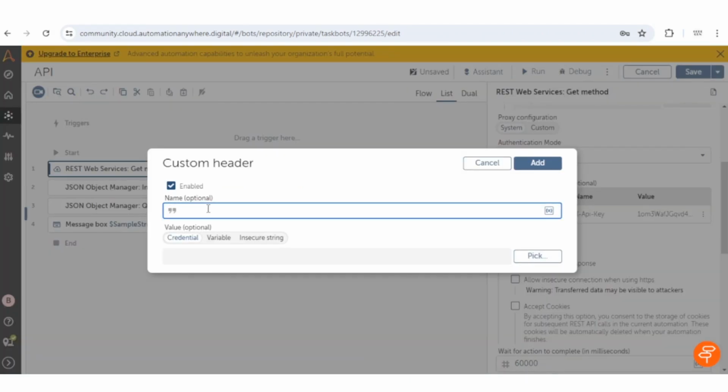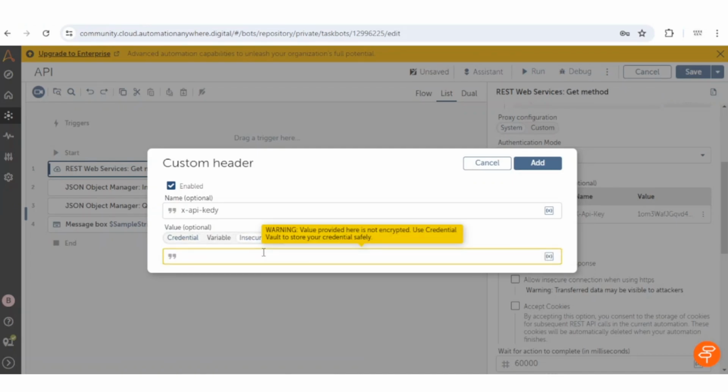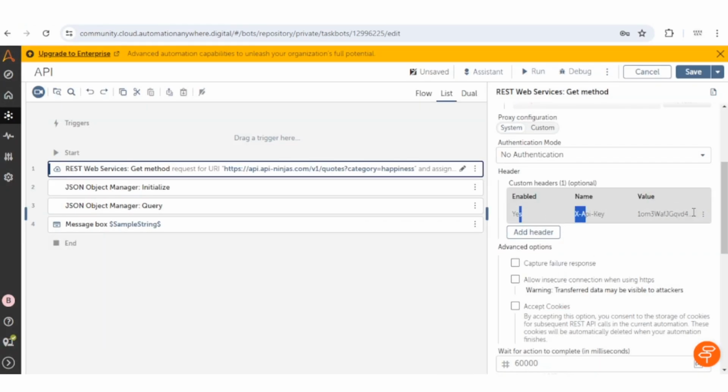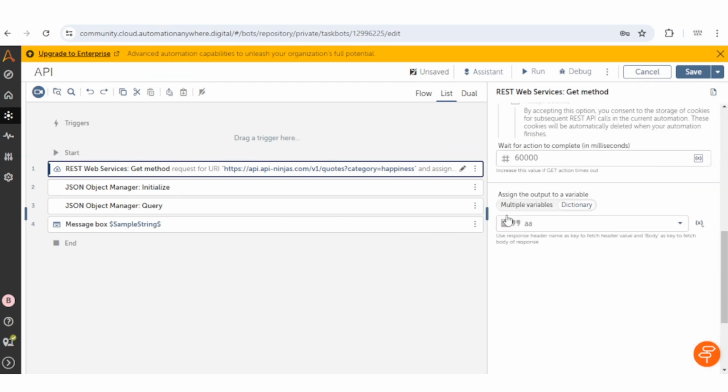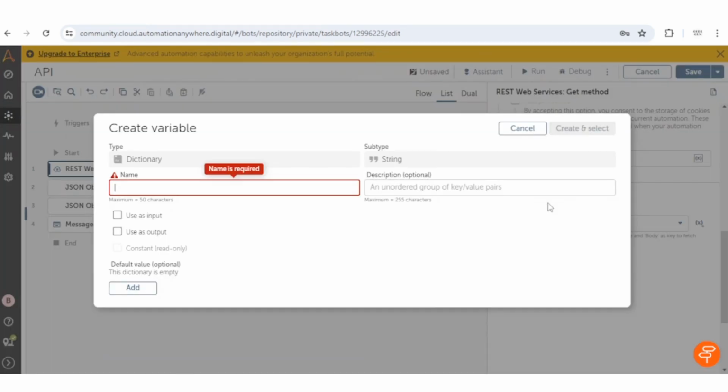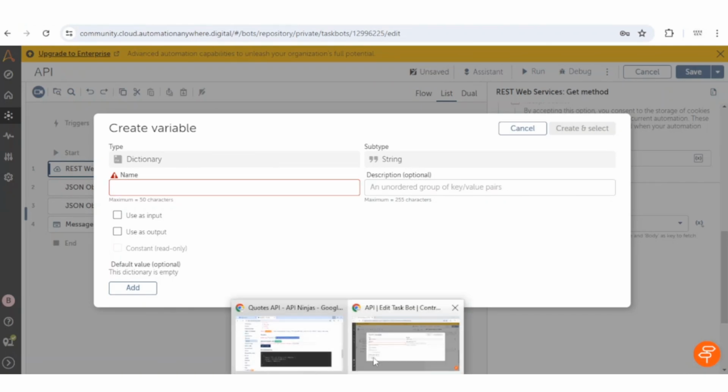I can click on add header, and here I can pass the X API key, and next I can pass the value of the key, which I already added here. And that's it. After that we can select a dictionary or multiple variables.